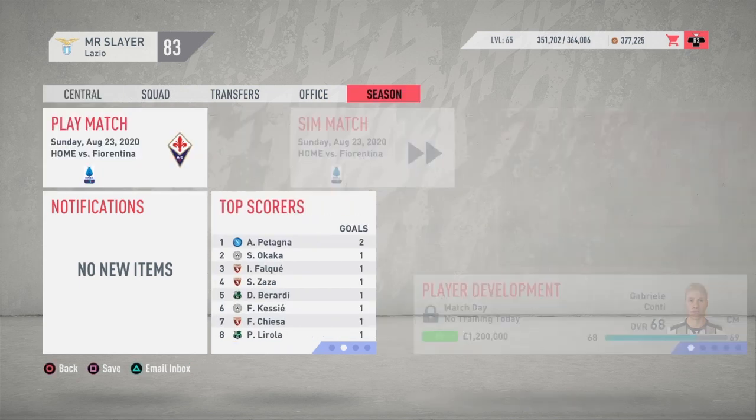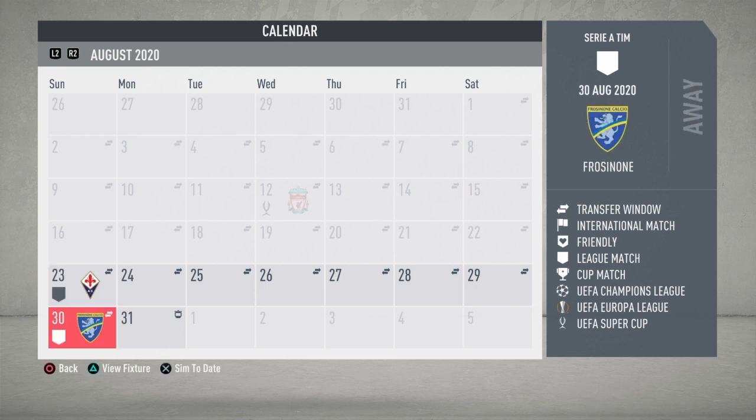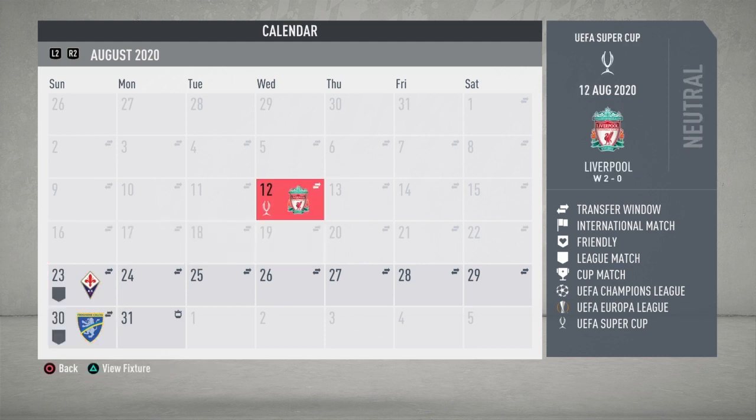Welcome to episode 3 of season 2 of our Lazio career mode here on FIFA 20. In today's episode, we have the opening 2 Serie A games of the season, at home to Fiorentina and then away at Frosinone. So new competition this season. I'm not quite sure how that game's going to go, but we definitely should be picking up all 3 points